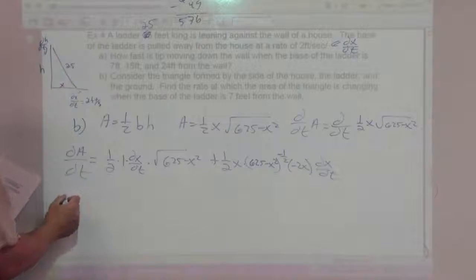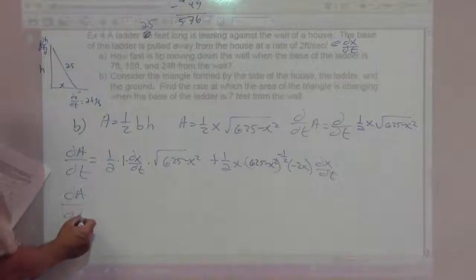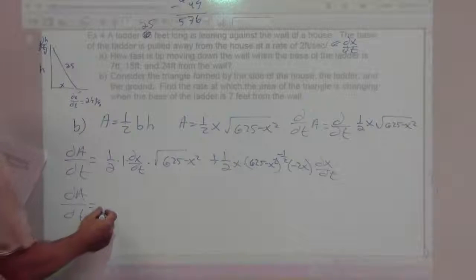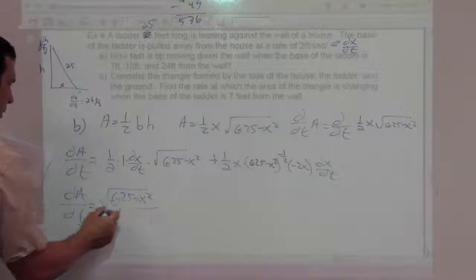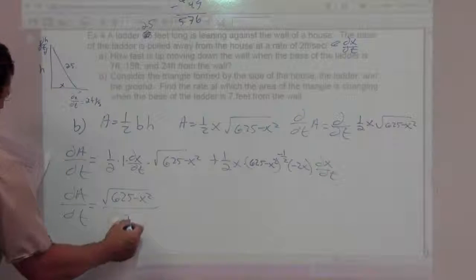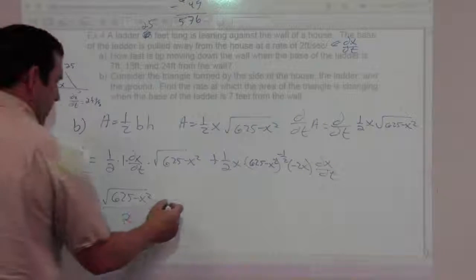So our dA dt is going to be the square root of 625 minus x squared over 2 dx dt